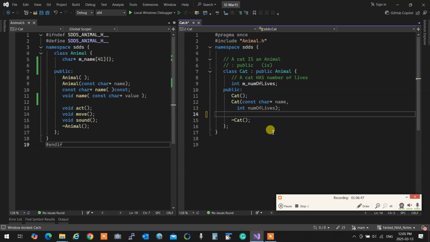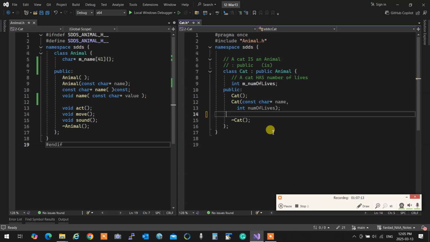Yes, because cat is an animal. Can a cat make a sound? Yes, because it's an animal. But it's going to act like an animal, not a cat. So you may want to change the features of the base if you need to. When I do something, when I add these things over here,